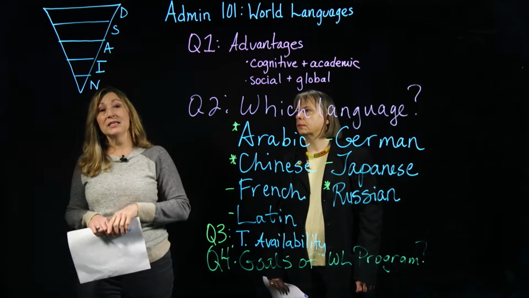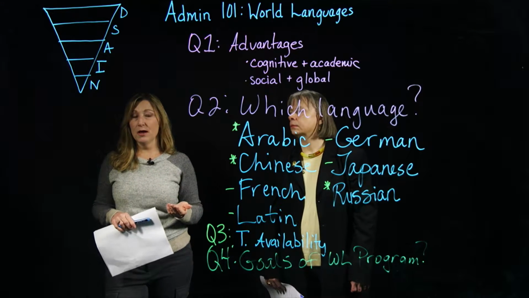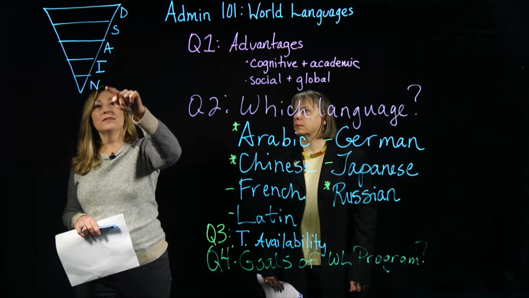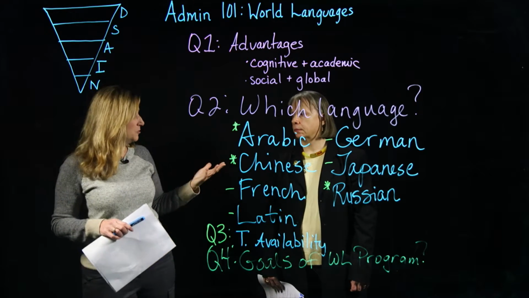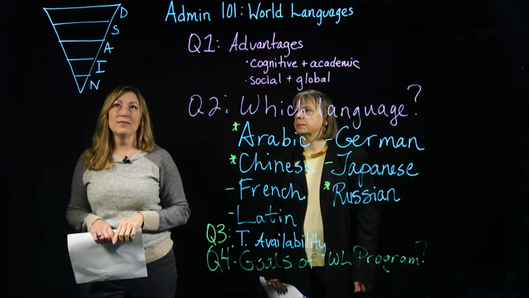When we hit advanced, you need a K through 12 program. Again, advanced is often a goal of immersion programs that start in K. Advanced is often the level that a college can get their students who are majoring in the language. Often advanced is that goal, somewhere in that level.